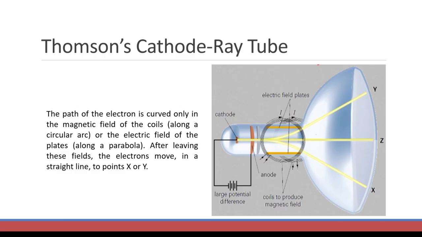The path of the electron is curved only in the magnetic field of the coils along a circular arc, or the electric field of the plates along a parabola. After leaving these fields, the electrons move in a straight line to points x or y. And so we see in this example we have electric field plates. Here we have more plates rather than the